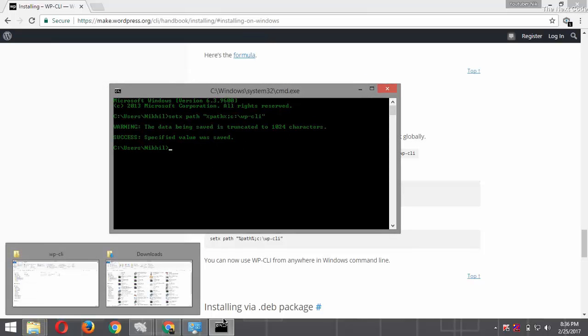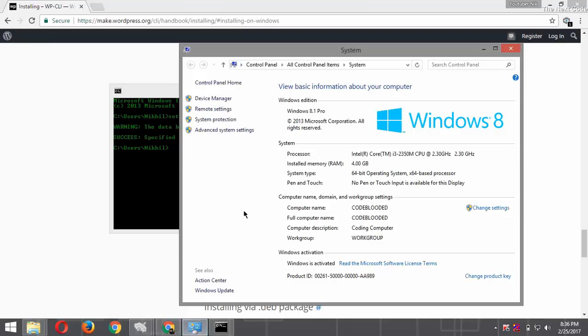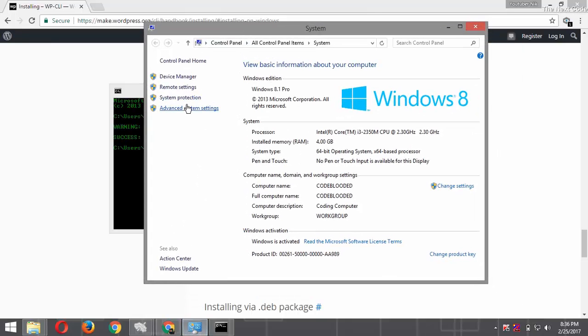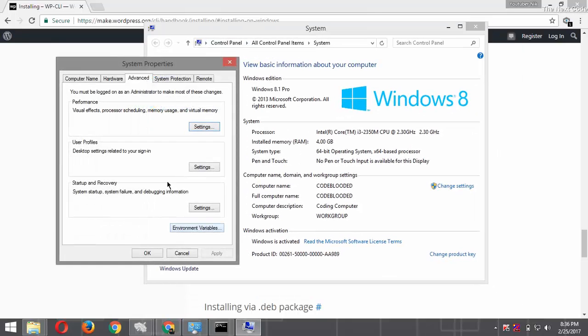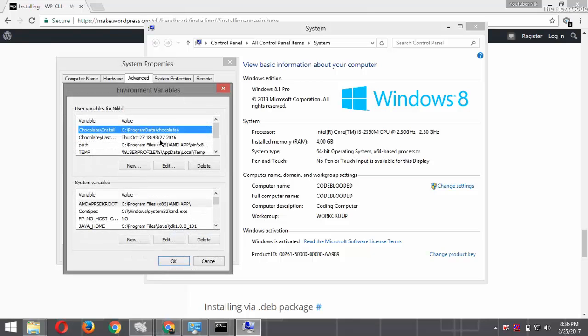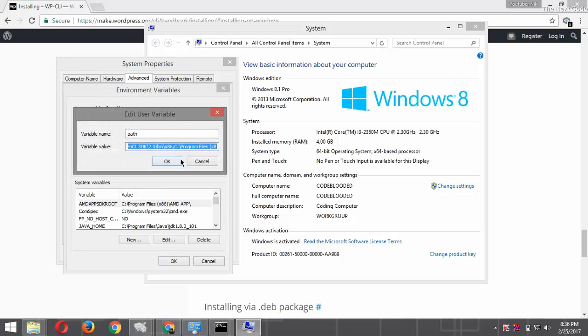So to check, just go to properties of my computer, then click on advanced system settings, then click on the advanced tab. Over here you can see environment variables, and you can see path. Double click on it, and here you can see, okay, it's not added here.